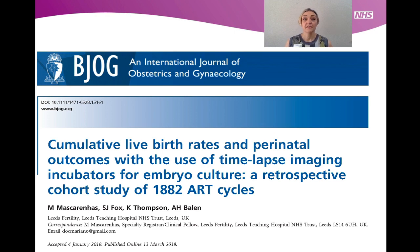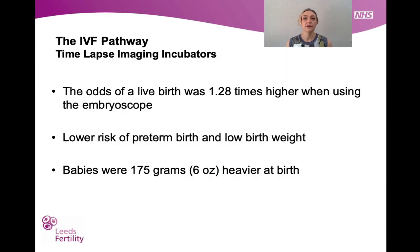Time-lapse technology has been a successful addition to our IVF programme, and we have contributed our experience to the scientific community for peer review. In our hands, as described in this paper published in the Journal of the Royal College of Obstetricians and Gynecologists, we found that the use of EmbryoScope technology increases the chance of a live birth by 1.28 times compared with not using it in culture to select the